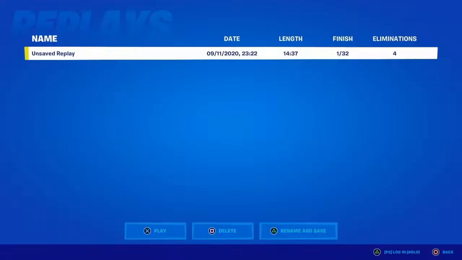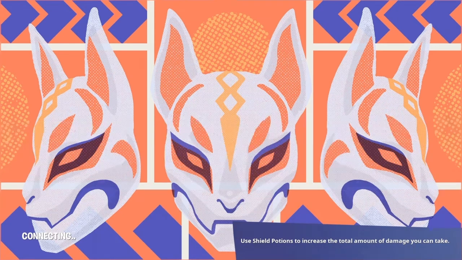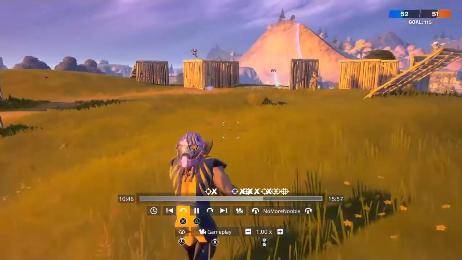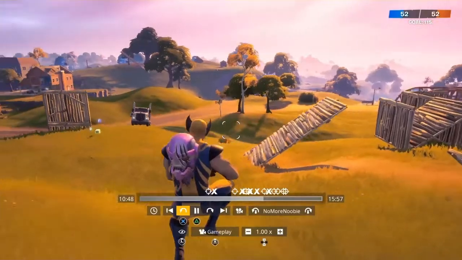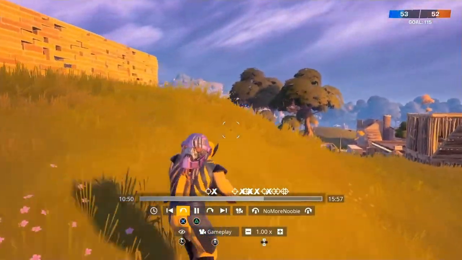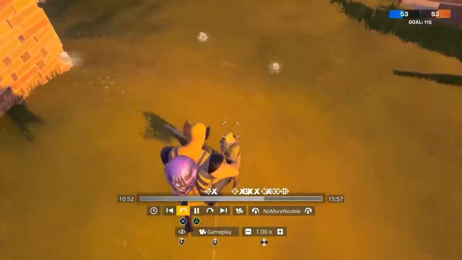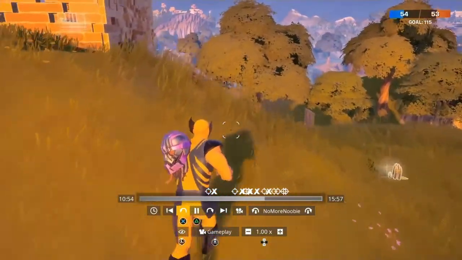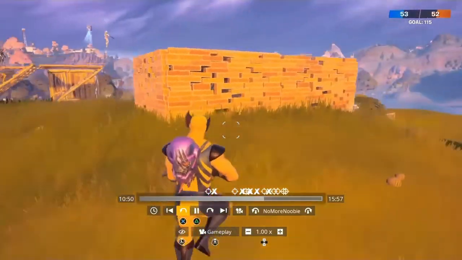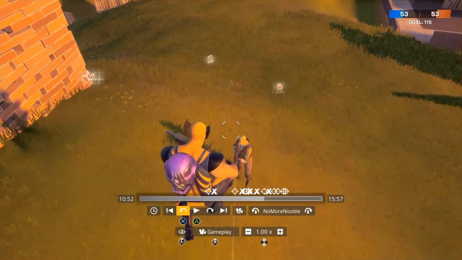So you just want to jump into replays, get in there. Once you get there, you go all the way through until you find the clip that you're looking for. So we've got this one here. I'm just going to let you see this in real time just so you can see what the actual clip was. So it's just a jump shotgun there, and then what we're going to do is play it again, but this time we're going to pause it just a few frames before the actual shot happens,